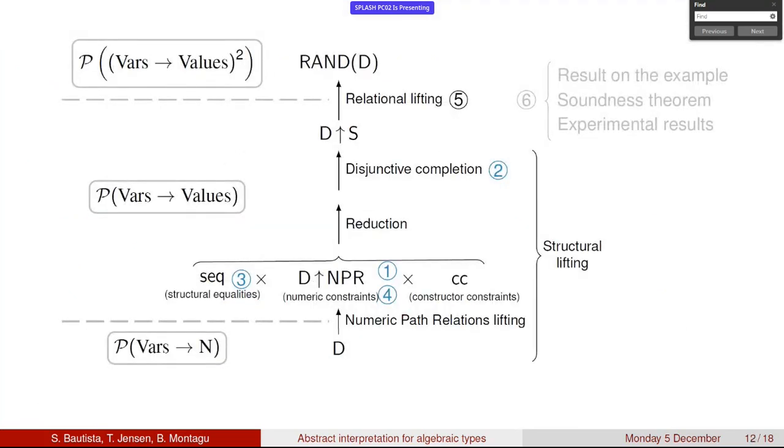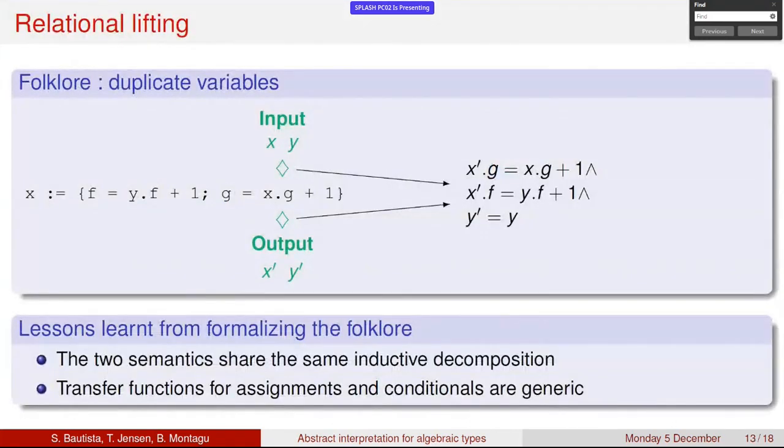Okay, so I've talked about the NPR lifting, structural equalities, and disjunctive completion. Now I'm going to talk quickly about the relational lifting, so that I can then go on to talk about the analysis and the result we get from it. Okay, so the main idea of the relational lifting is, well, it's actually folklore: if you have an analysis that computes properties for one single program point at a time, and you want to turn that into an analysis that computes properties between two program points, an input point and an output point, a way